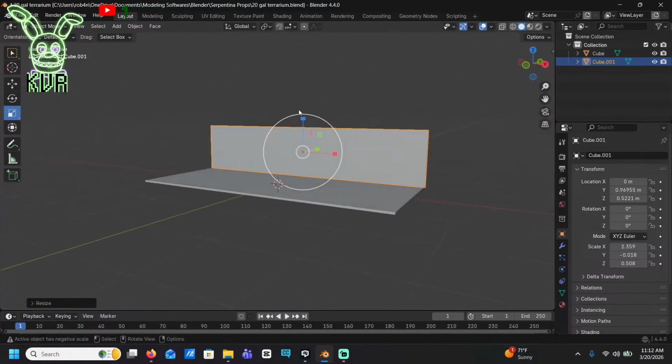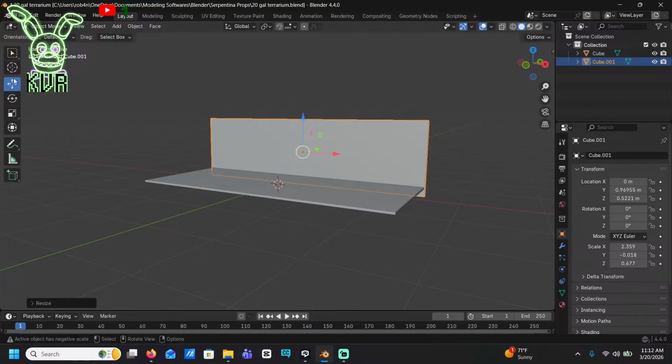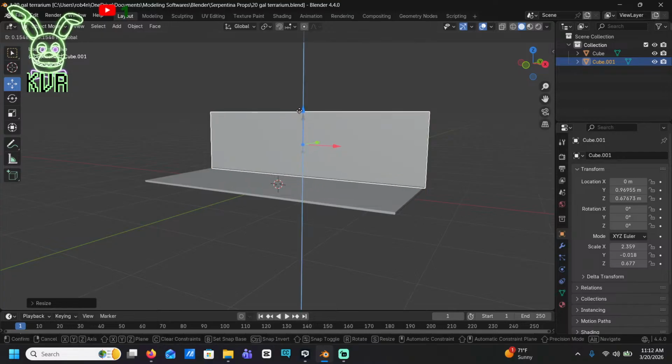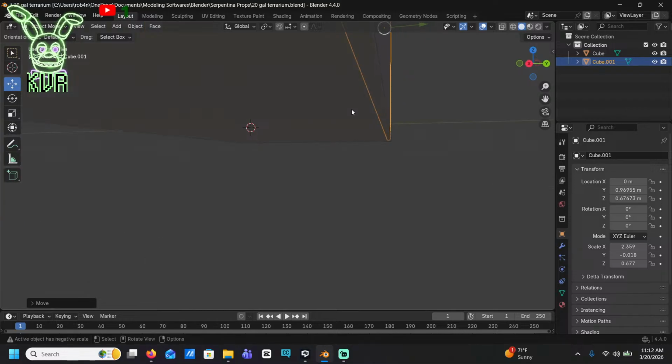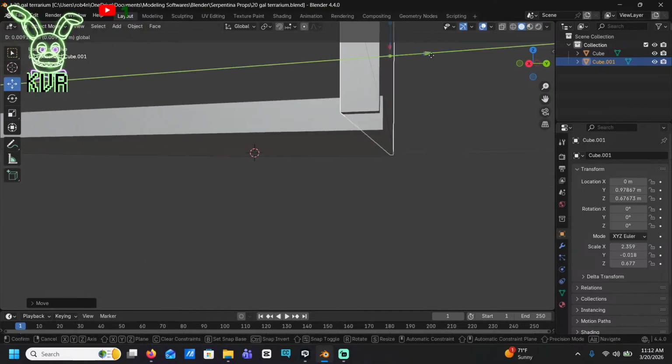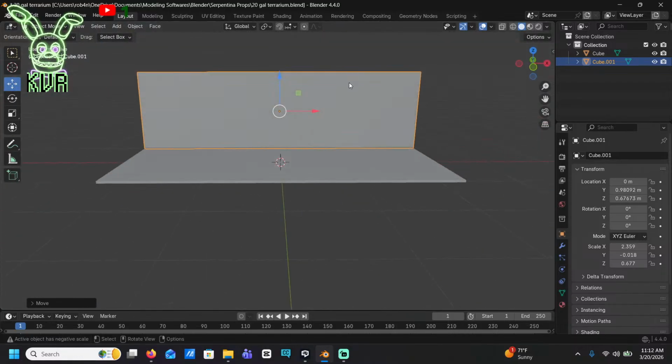I'm pretty sure it needs to be taller than that. Hold on. I'm just gonna make it like this. I'm so used to moving around in Unity for this. Okay, that's good enough for me.